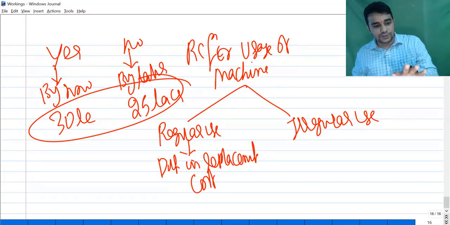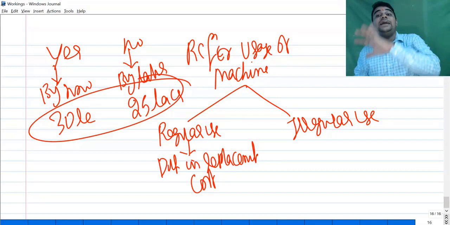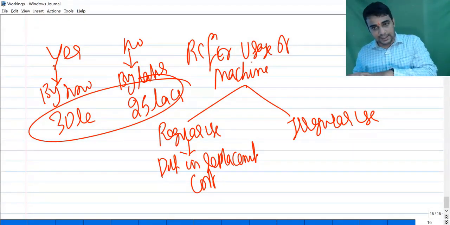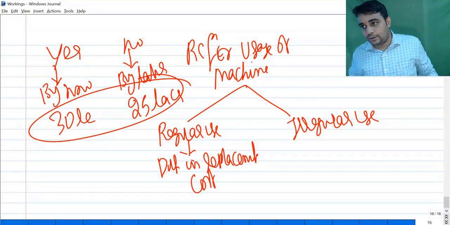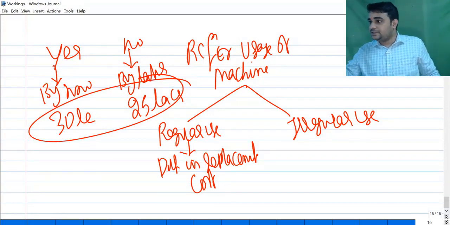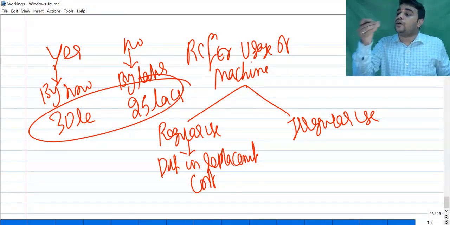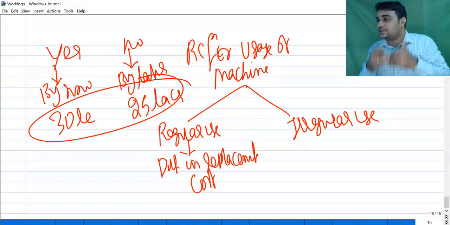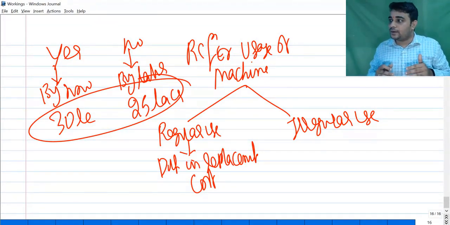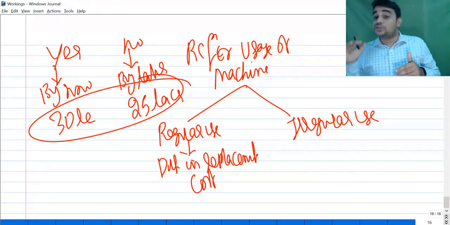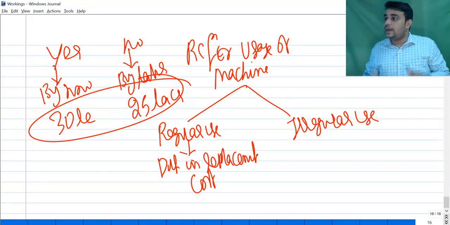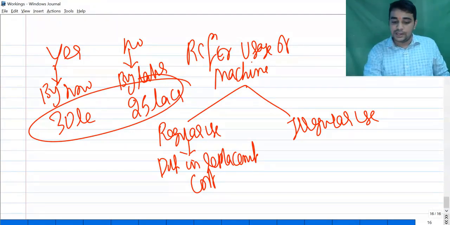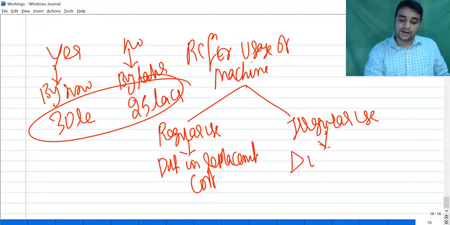If it's an irregular use machine, yes means sell the machine later, no means sell the machine today. If it's an irregular use machine, I don't need the machine. So if the contract comes, I will use the machine and sell it after 6 months. If the contract does not come, I'll sell the machine immediately. So on this side, it is the difference in resale value.